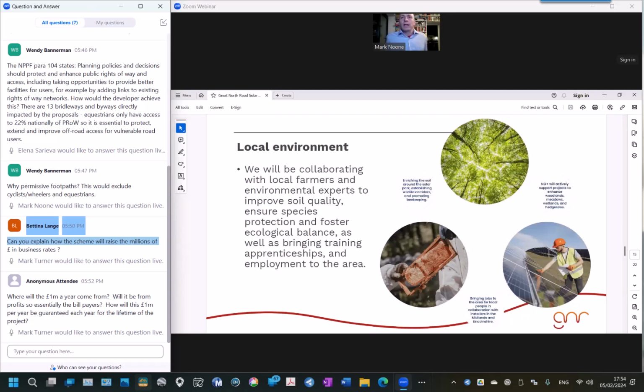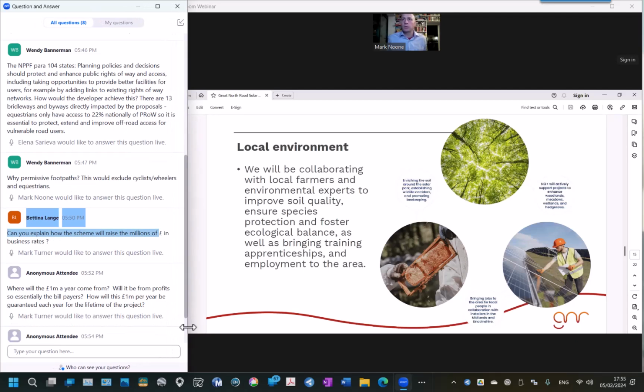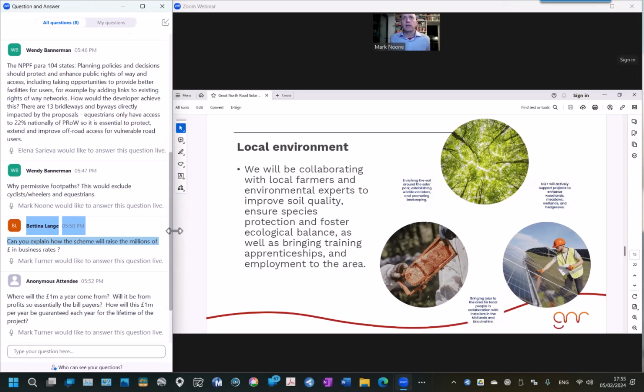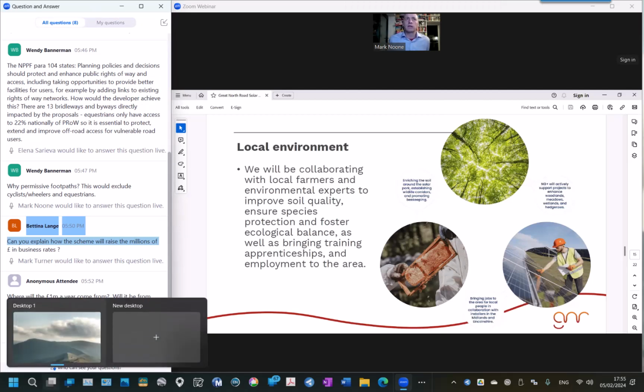Local environment, again, there's an element of what I've just been discussing: planting, the woodland, the forestry, the wetlands and so on. A lot of these aspects can be wrapped up within the build costs of the project, and that can allow for things like community allotments, community woodland. Those kinds of things could fall within the NG Plus bracket, and GNR funds the main part of the woodland planting and so on.